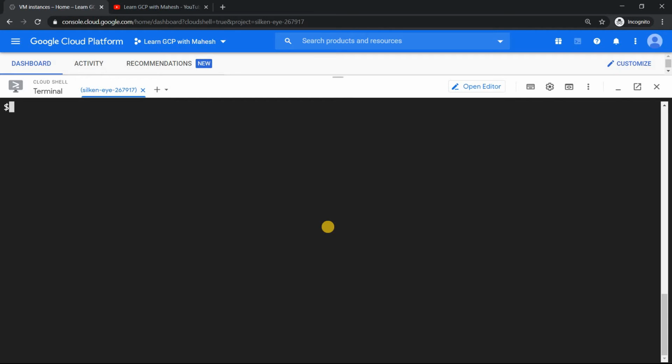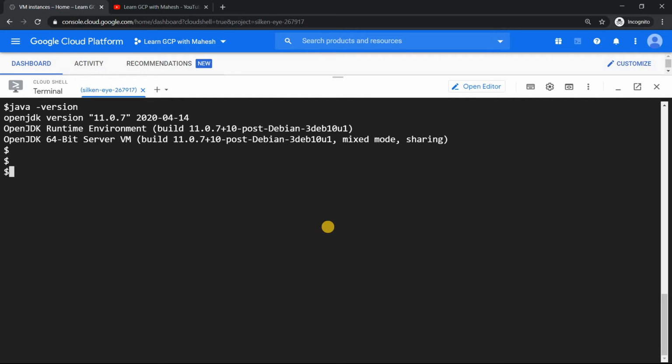Now you can have some medium stuff like your Java. If you want a Java runtime, it is there. If you are a guy who's from a Python background, you have Python. Or if you say I'm a .NET guy, you have .NET also. Or if you are a web developer, Node.js. The version may not be the latest one. The latest one is 14.5 or something, but it is good. So a stable version is there.